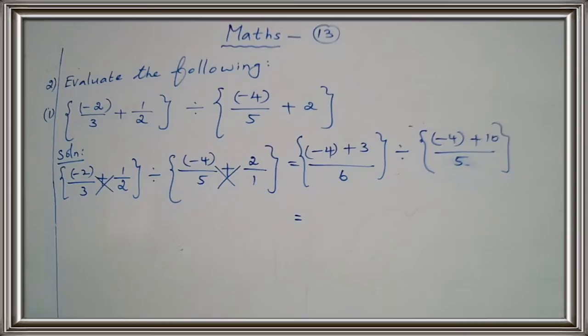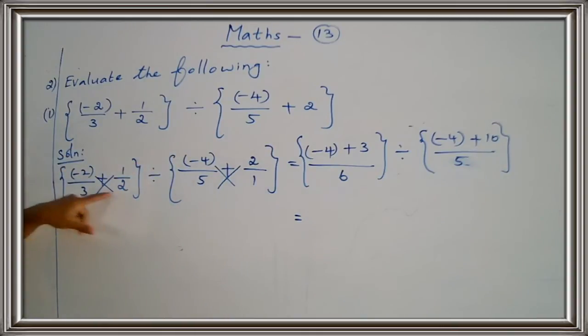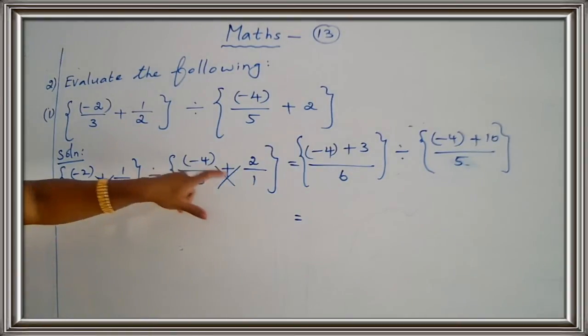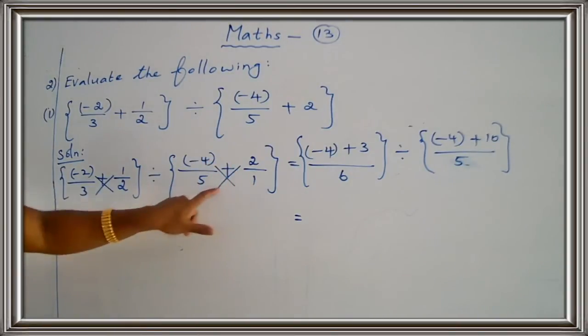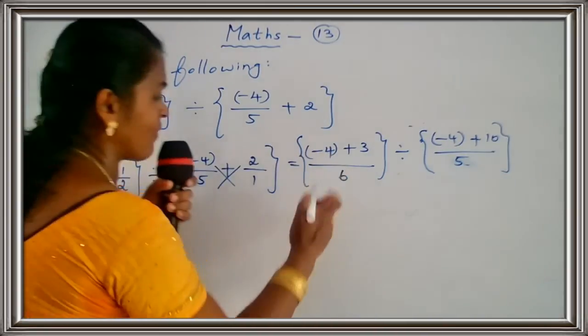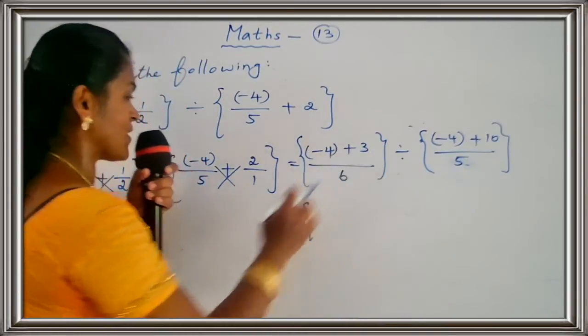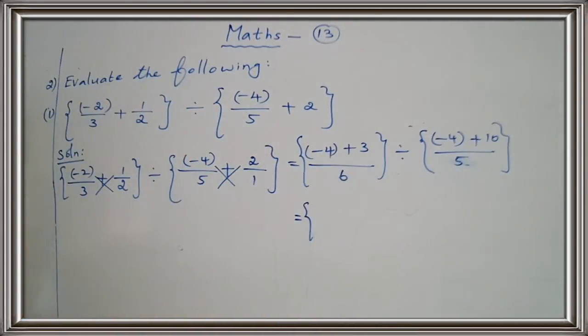Okay. Clear? Yes. Now you find the value. Minus 4 plus 3. What is the value? In addition, if the integers have opposite signs, one positive and another negative, we find the difference and put the greater value's sign. Okay, children? So your answer is minus 4 plus 3 is equal to minus 1 upon 6, divided by